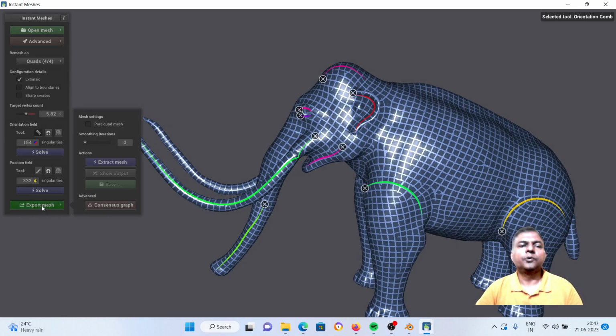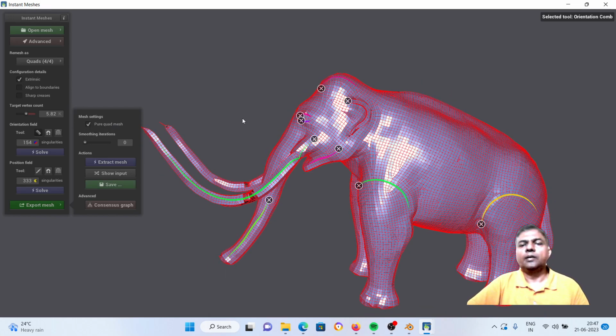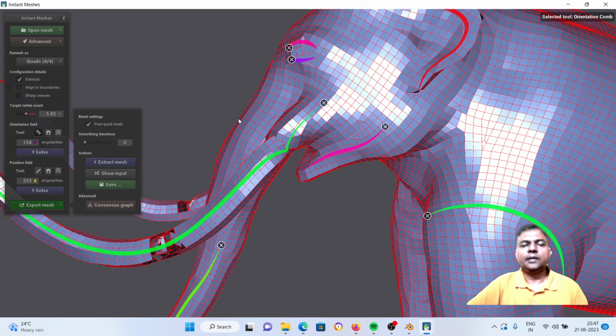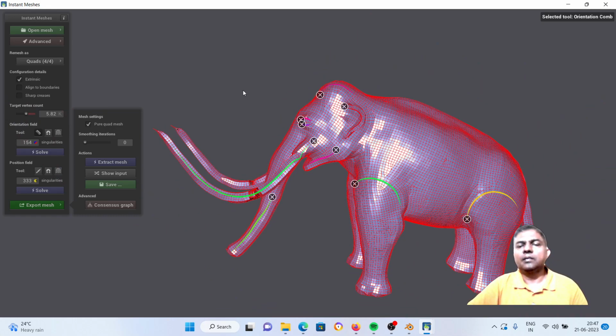and here export mesh. We are working with around 5,800, approximately 6K poly count. If you want a pure quad mesh, you can do that. If you want to extract mesh, it has extracted the mesh. You see there's some problem here at the tusk. That problem we can actually solve